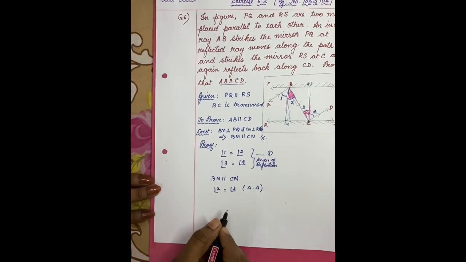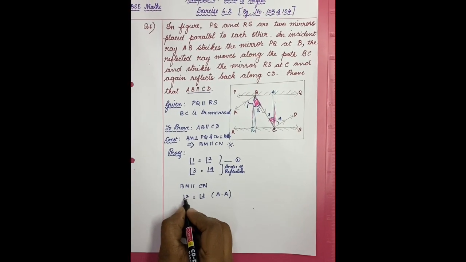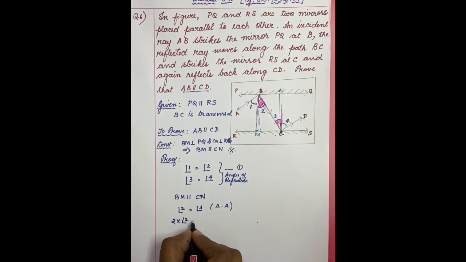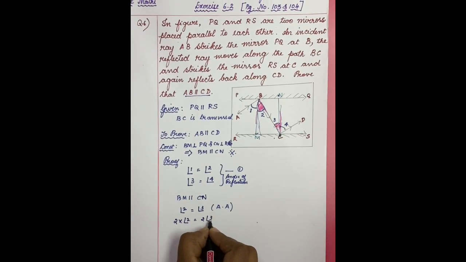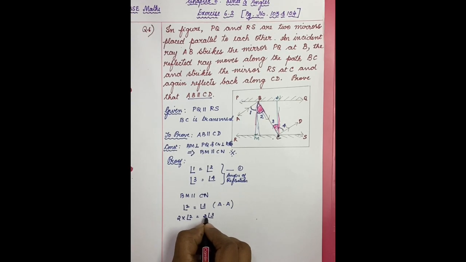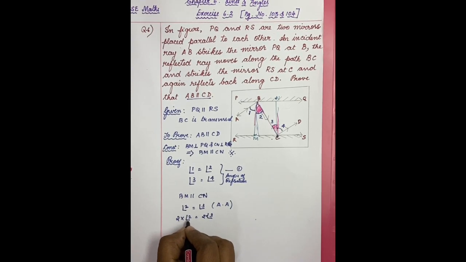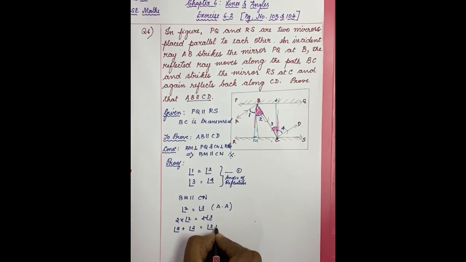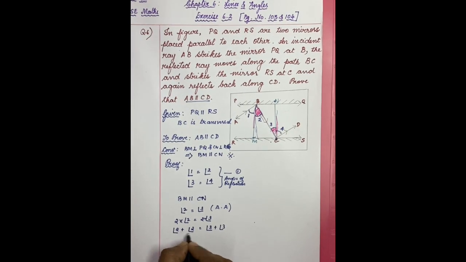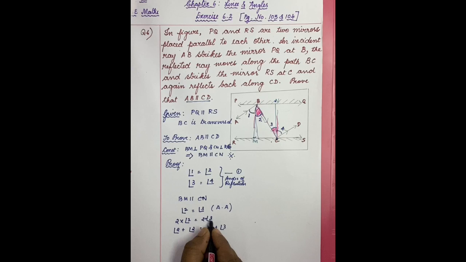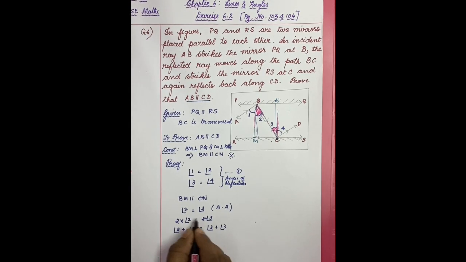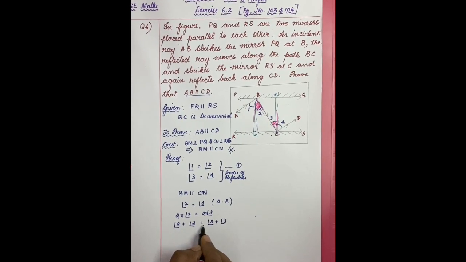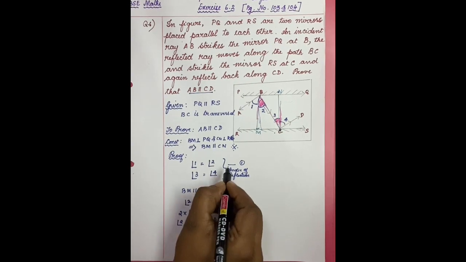They are alternate angles. Now, you all know that any equals, when I am doubling them, remain equal. So, 2 into angle 2 is equal to 2 into angle 3. What I am doing is just multiplying 2 on both sides. Now, what is 2 into angle 2? Angle 2 plus angle 2 is equal to angle 3 plus angle 3. So, we have just written it in this way, doubling it. Now, we are going to use equation 1.